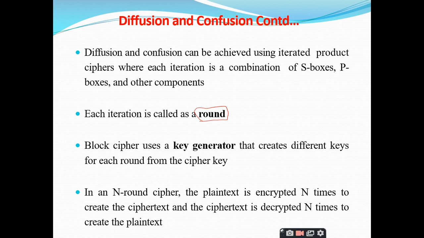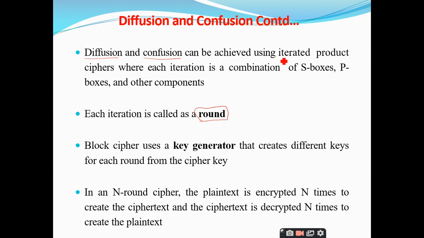A round is a single unit where you combine the S boxes, P boxes and other components. So you have n rounds, and one round is one unit consisting of a combination of S boxes, P boxes and other components. In order to have a greater degree of diffusion and confusion,